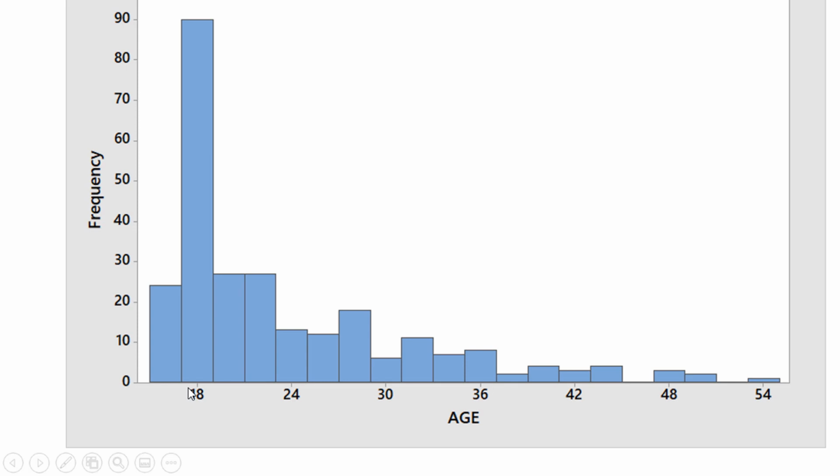So if we have an age of 17, it would fall in this second bin. If we have an age of 18, it would fall in this bin. If we have an age of 18.5, it would fall in this bin. But if we get a 19, an age of 19, it would not fall in this second bin, it would fall in the third bin. So this bin is all ages from 17 all the way up to, but not including 19. We can get as close as we want to 19, but as soon as we get 19, we fall into